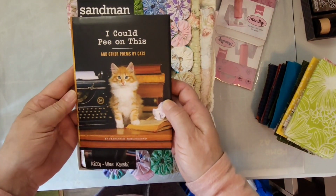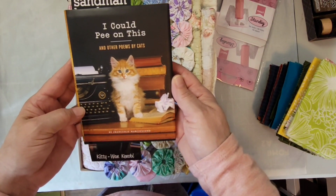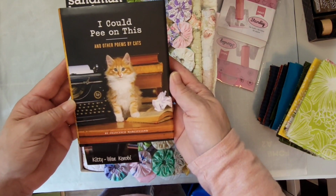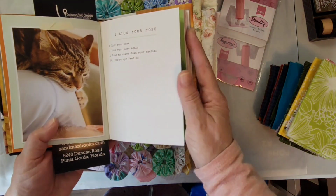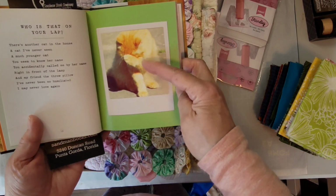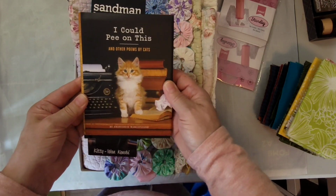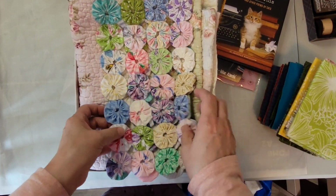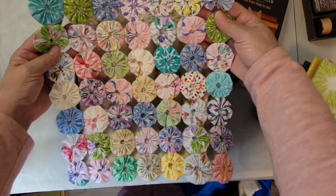And then she knows I love cats, so she got me this cute book. I Could Pee on This and Other Poems by Cats. So cute. My mail came in last night, so I haven't had a chance to read it, but there's Willow. Yeah, I'm looking forward to reading this book. Thank you, Cheryl. And then she sent me a whole bunch of these